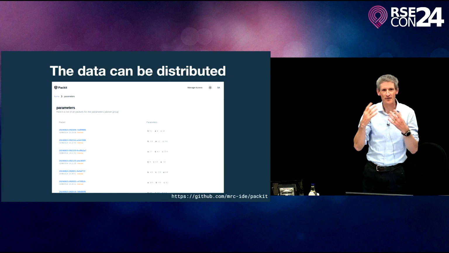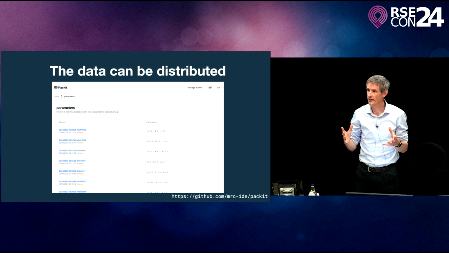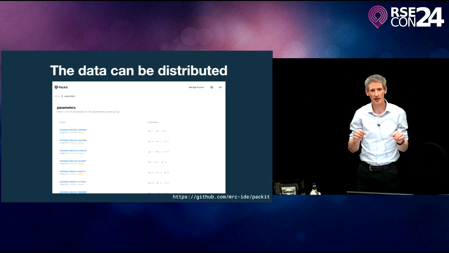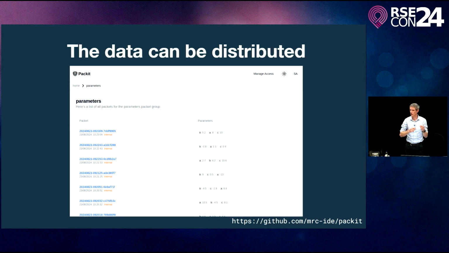And then finally, we've built a distribution layer to help with this. It is a web system called Packet that my group has developed. There's an API over that. So seamlessly with both the Python and the R implementations, you can be querying an API and pulling down copies of these packets of research data from central servers onto your laptop as your analysis runs, and that helps make the whole thing really seamless. But you can also expose this to end users so they get a nice metadata-rich way of interrogating research outputs.